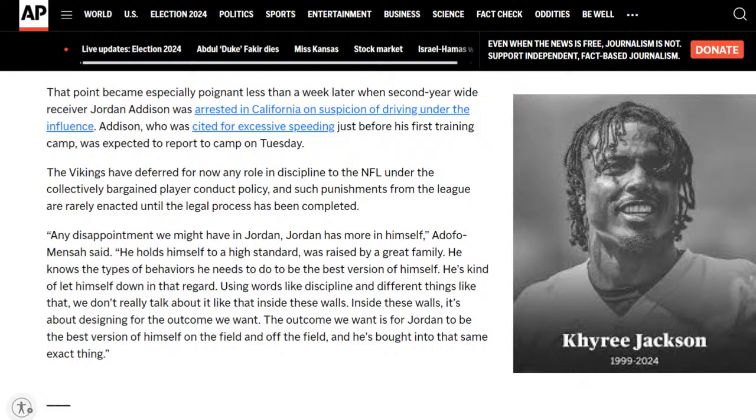The Vikings have deferred for now any role in discipline to the NFL under the collectively bargained player conduct policy. What's this about? Hold on. That point became especially, I don't know, you're going to have to help me with that word, Gina. But less than a week later, when second-year wide receiver Jordan